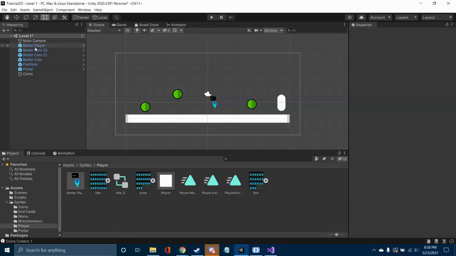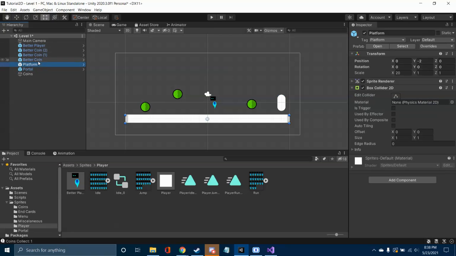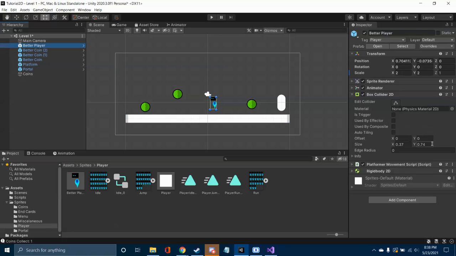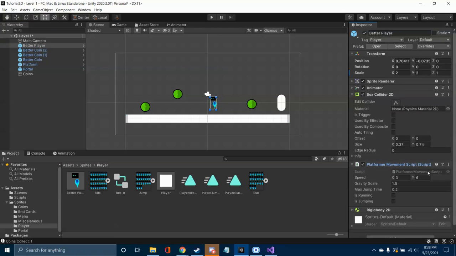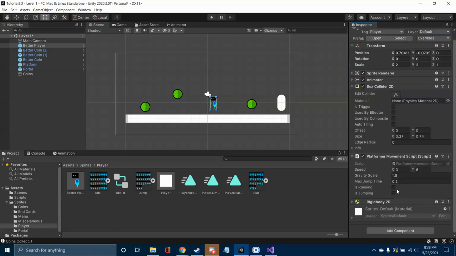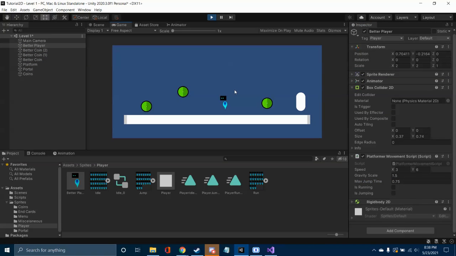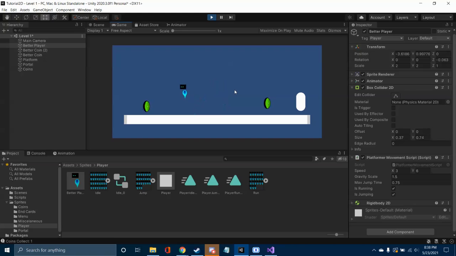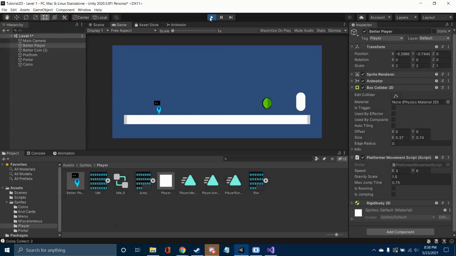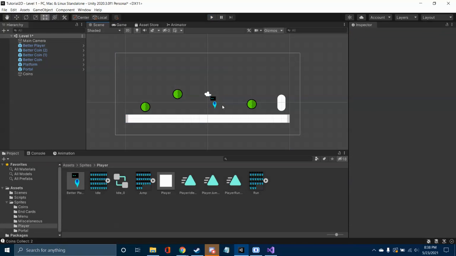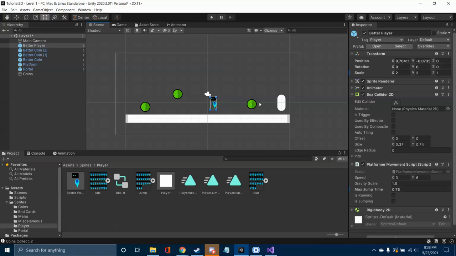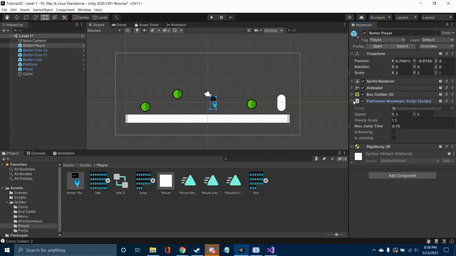I need to fix the jump. Oh, let's make that 5. Okay, they aren't going through the animations. One thing that is noticeable is